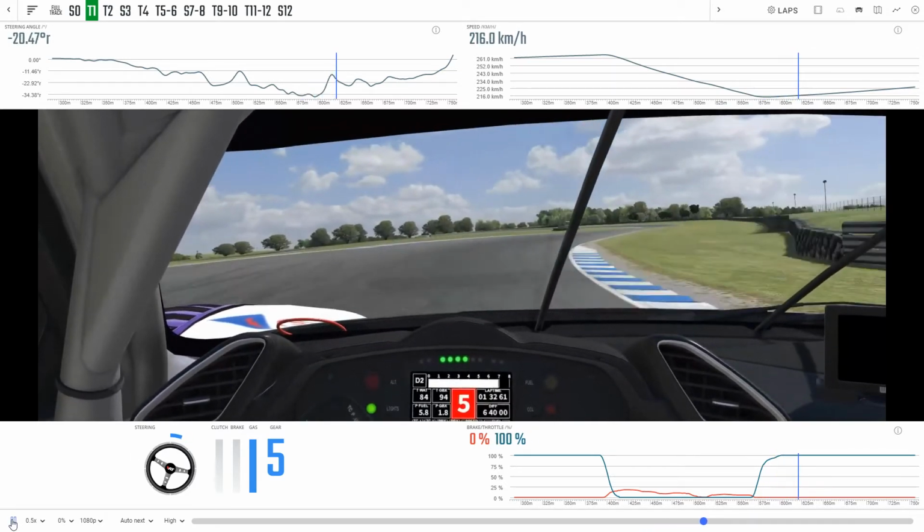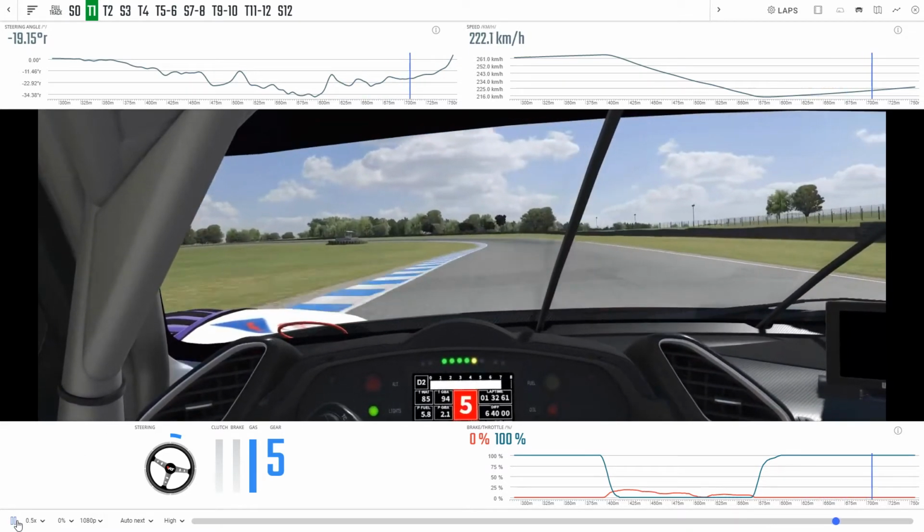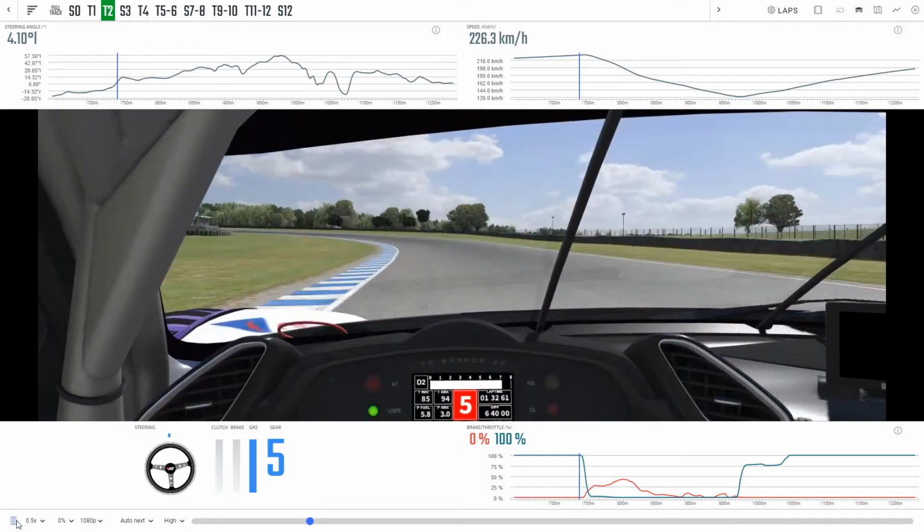Very long corner. Avoid hitting that curb. It's not a rumble strip at that point, so you can't really get away with hitting it without upsetting the car. So be aware of that. But you do want to be back on the throttle just as you pass that marshal post, because the corner does open out again through the exit, and you want to take advantage of that and carry as much speed as possible